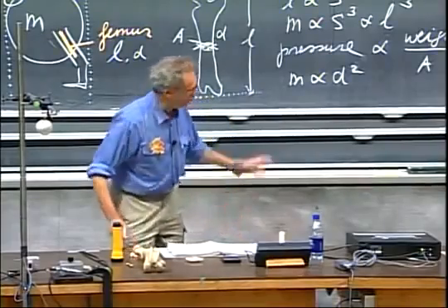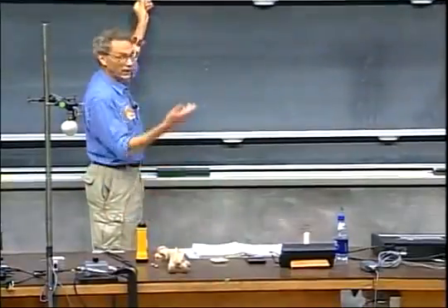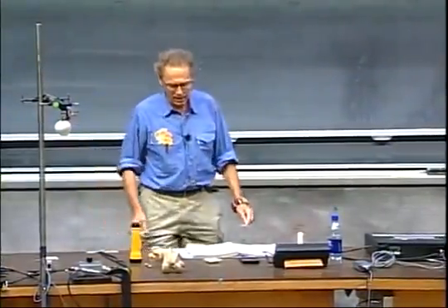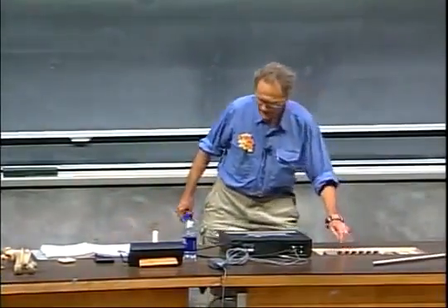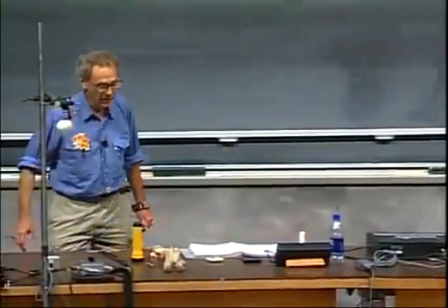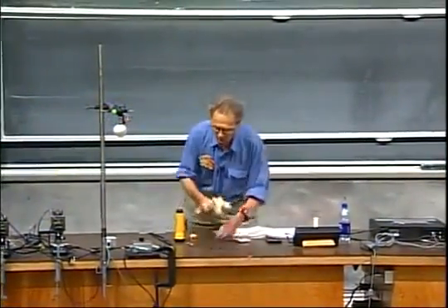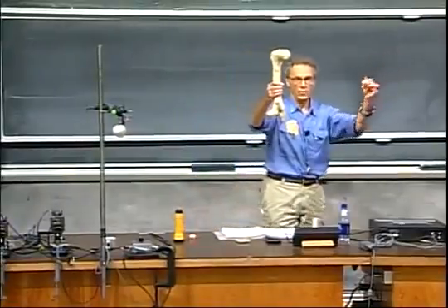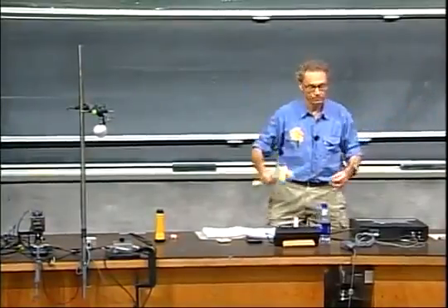Well, I wanted to bring this to a test. After all, I brought my grandmother's statement to a test, so why not bring Galileo Galilei's statement to a test? And so I went to Harvard, where they have a beautiful collection of femurs, and I asked them for the femur of a raccoon and a horse. A raccoon is this big. A horse is about 4 times bigger. So the length of the femur of a horse must be about 4 times the length of the raccoon. Close. So I was not surprised.